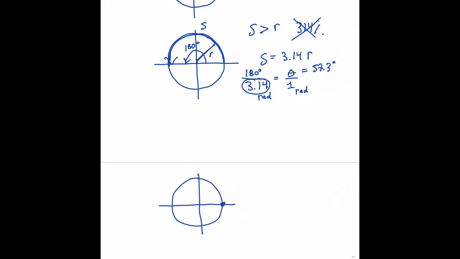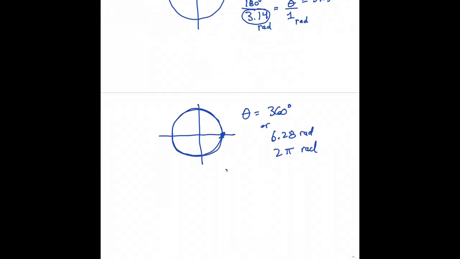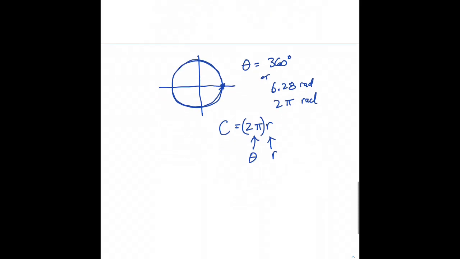If an object moves around a circle and comes all the way back to where it started, then theta is equal to 360 degrees, or about 6.28 radians, or we might say 2 pi radians. We say the circumference of a circle is 2 pi times r. In other words, we're just multiplying the value of the angular displacement times the radius of the circle. So in general,